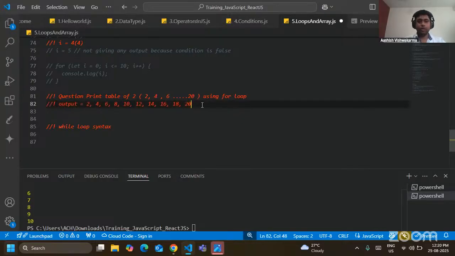So ये आउटपुट हम लोग को प्रिंट करना है जो कि 2 से स्टार्ट होगा. So you just need to write the code which will be of 2 or 3 lines of code using the for loop so that we will get the output of table of 2. Okay,